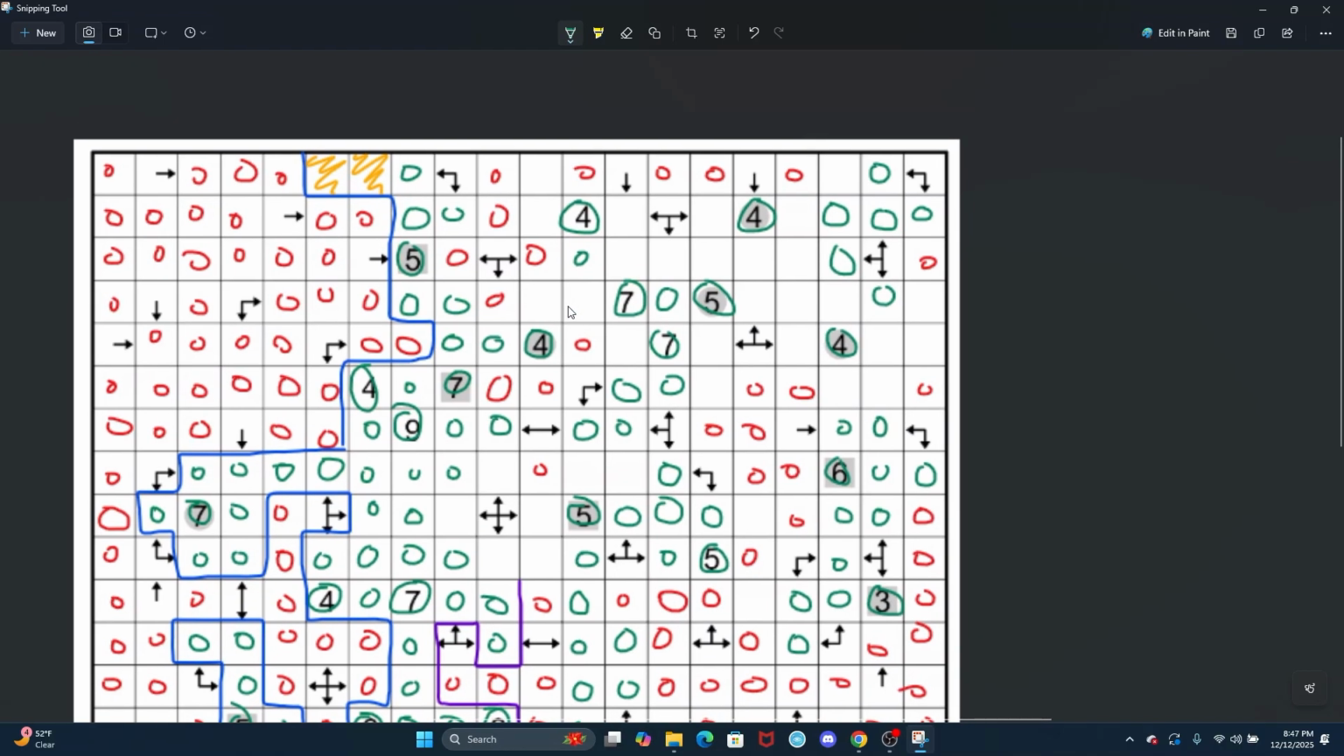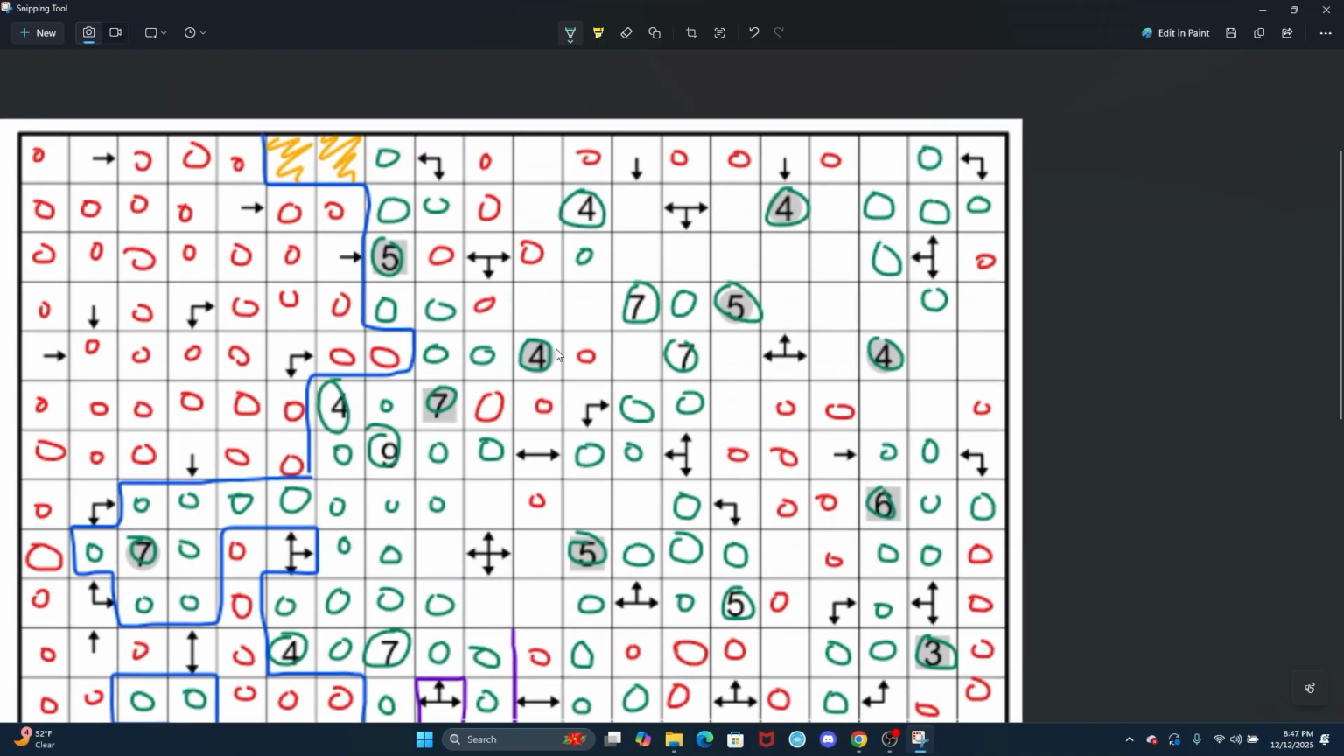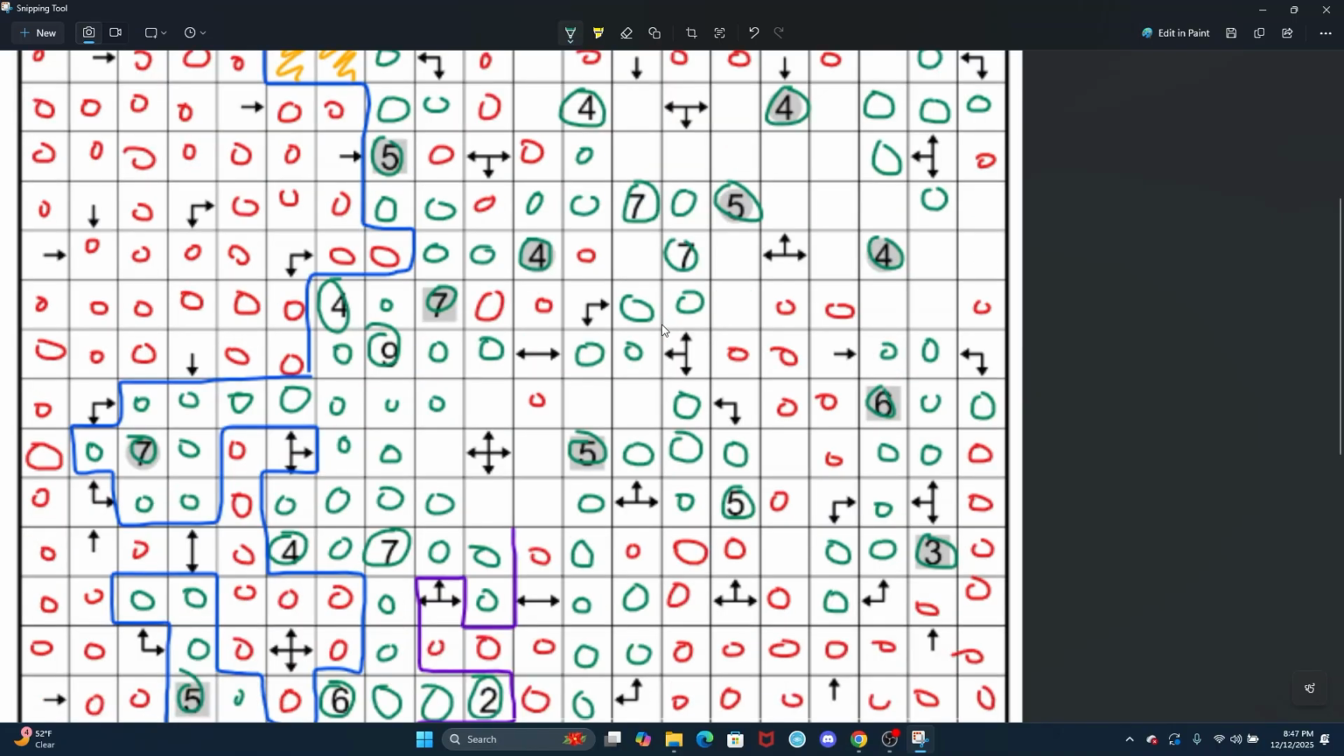Oh, okay, this 4... Was this 4 always like this? This 4, there's only 2 left, so these 2 are green. Did I really always not see that? Then if those 2 are green, then